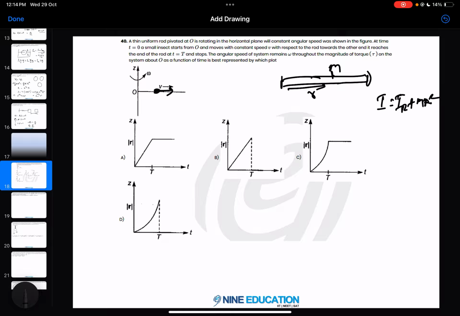So since moment of inertia is increasing, you need to find the torque versus time graph. Now nothing about force or anything is mentioned. So the relation that we are going to use is torque is dL by dt, rate of change of angular momentum. So what is angular momentum? Now, since no external force is